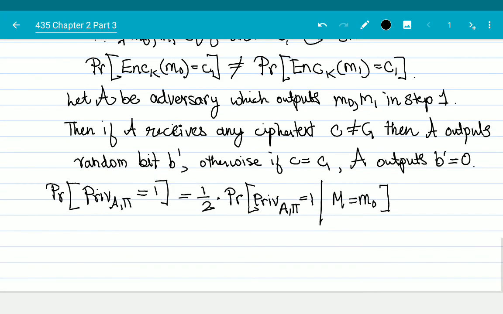Technically, this would be times the probability of the message being m0, but that is exactly half, so that is already written,